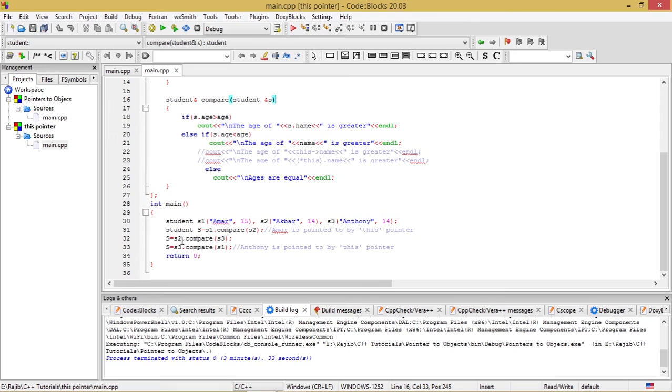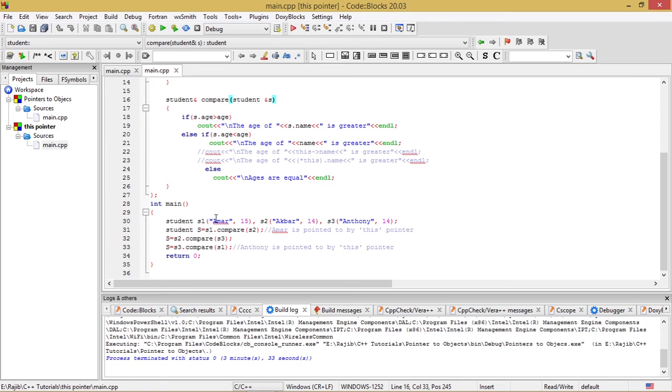Now we come to this statement, student S. So what is the student S? Student S is an object, capital S, of the class student, is equal to S1 dot compare S2. So what is this? This S1 dot compare S2 means we are invoking the function compare with the argument as S2 and the calling object being S1.